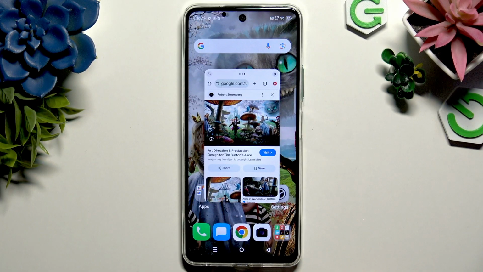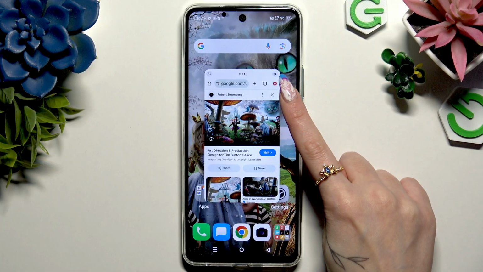Last but not least, if you want to close your window, you can click on this X at the top